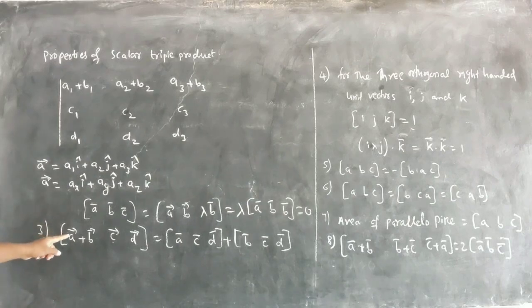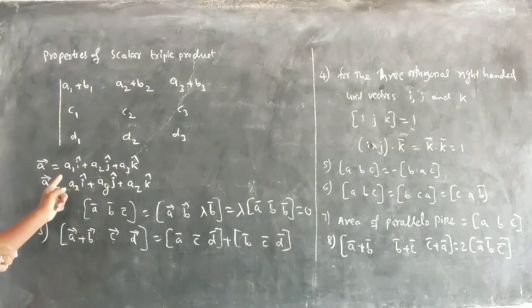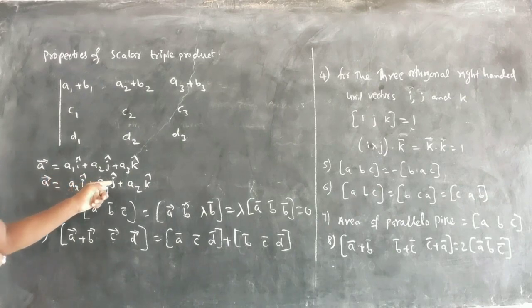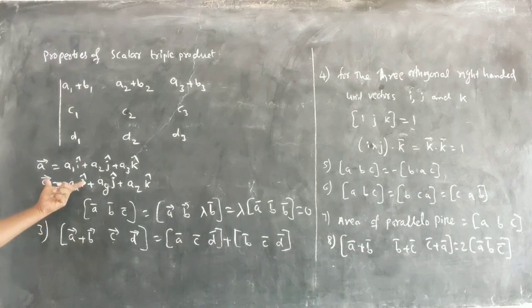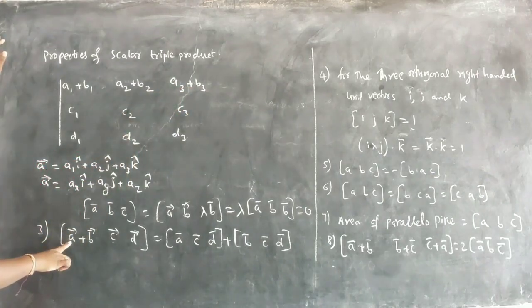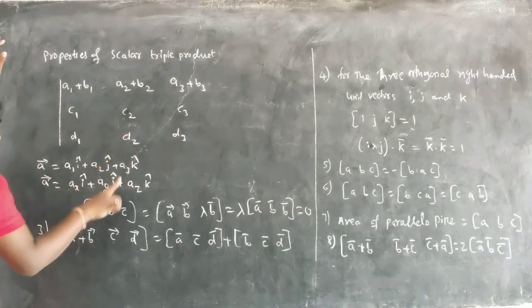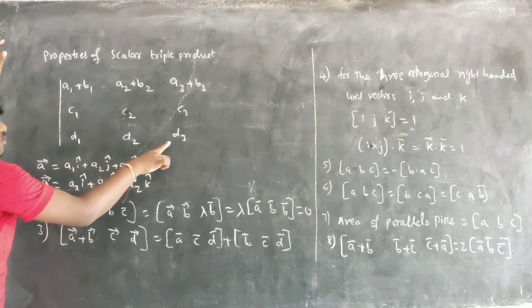So whenever you have this format, what does A mean? A1, A2, A3. What is the meaning of A1, A2, A3? A1 means x-axis, with x-axis Ax, Ay, Az. This is the vector form. So when you are writing in modulus form, what do you write here? See here, we write A1 plus B1, A2 plus B2, A3 plus B3. And this we write as C1, C2, C3. This can be written as D1, D2, D3.